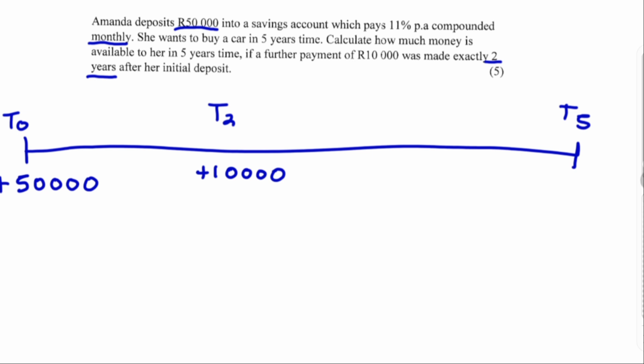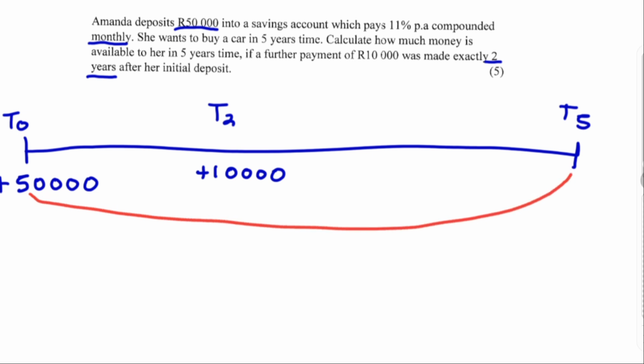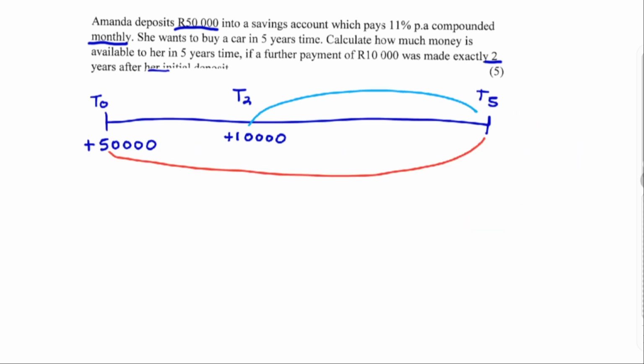So what we'll do is we'll compound the 50,000 from T0 all the way to T5, and then we'll also compound the 10,000 from T2 all the way to T5. And since these two amounts are deposited into the bank account, they will have a plus sign in front of them, and this is what I mean. So the total amount after 5 years, the total